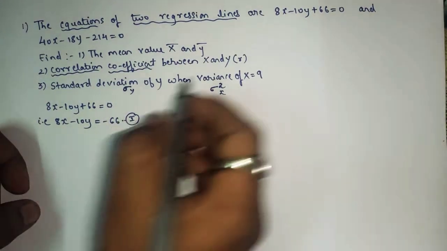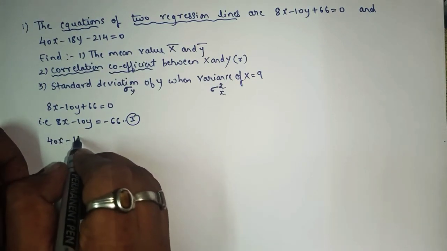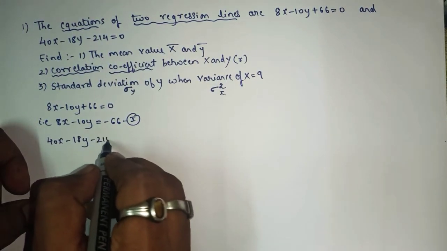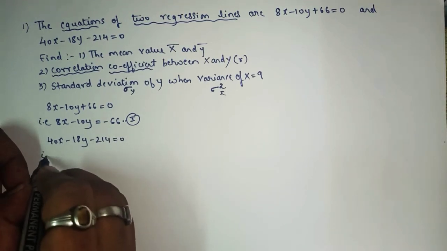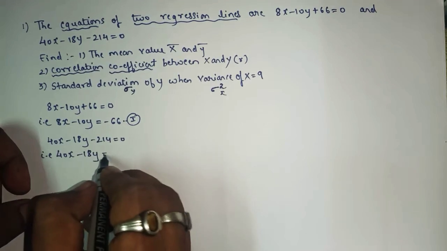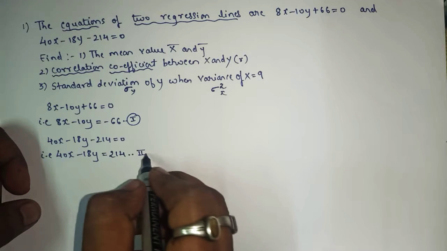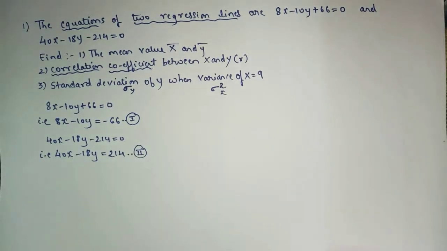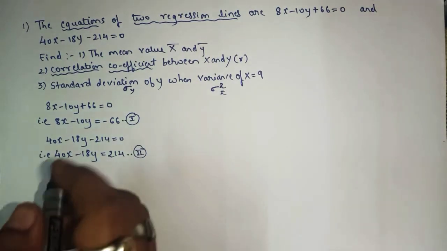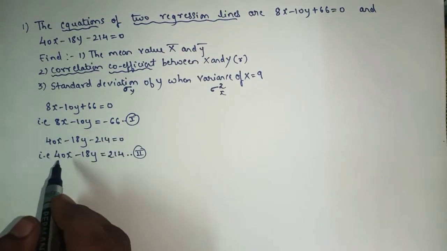Okay, what is the second equation? It is 40x minus 18y minus 214 equals 0. We can write this equation as 40x minus 18y equals 214. Equation number 2. I hope you all know how to solve two linear equations simultaneously. Now we'll make one alphabet common. Here it is 8 and here it is 40. Can I say,